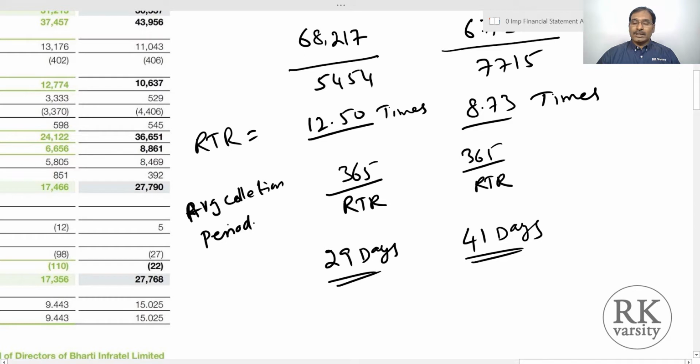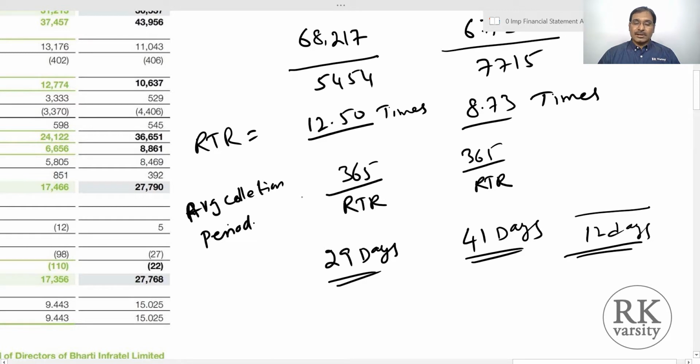Whereas in 2020, they had a problem. They were not able to collect their receivables faster. So here there is an addition of 12 days. That means there is a delay of 12 days in collecting their receivables in 2020. And that means the company needs additional working capital for 12 additional days. So the receivables turnover ratio indicates that the higher the ratio, the better it is for the company, which indicates the company's ability to collect its receivables faster. That is, the collection process is good.